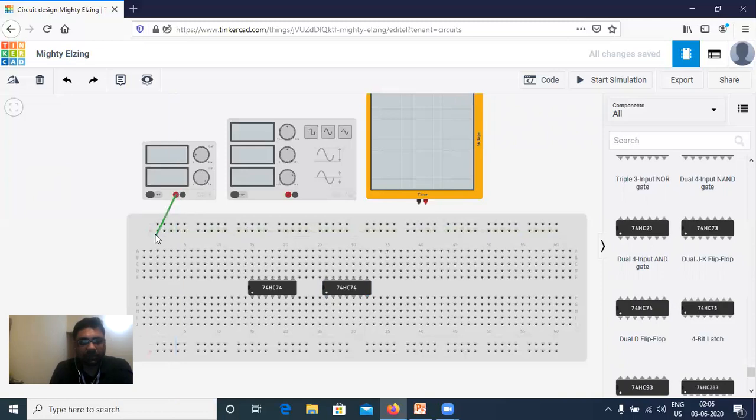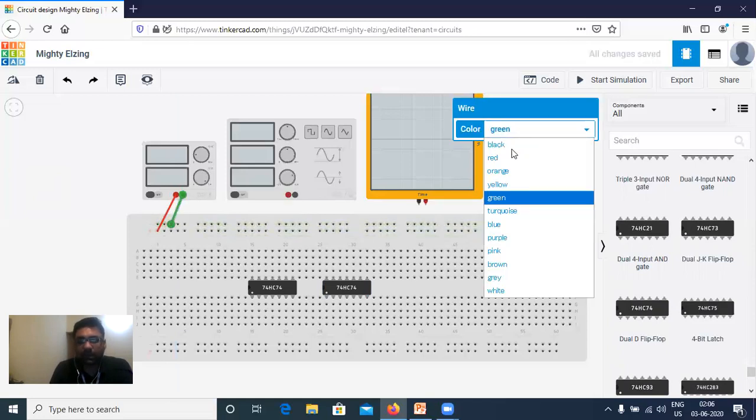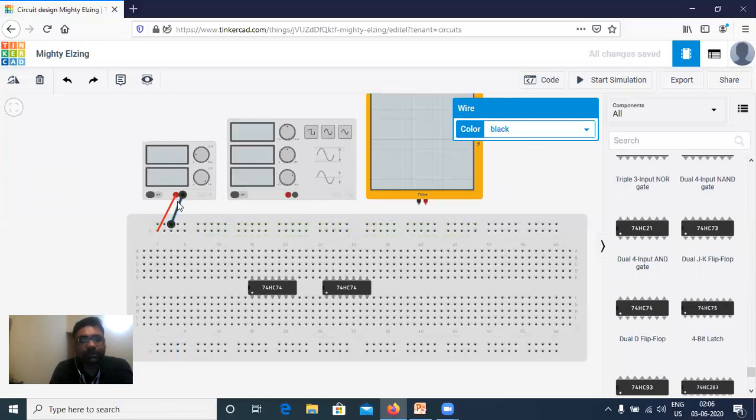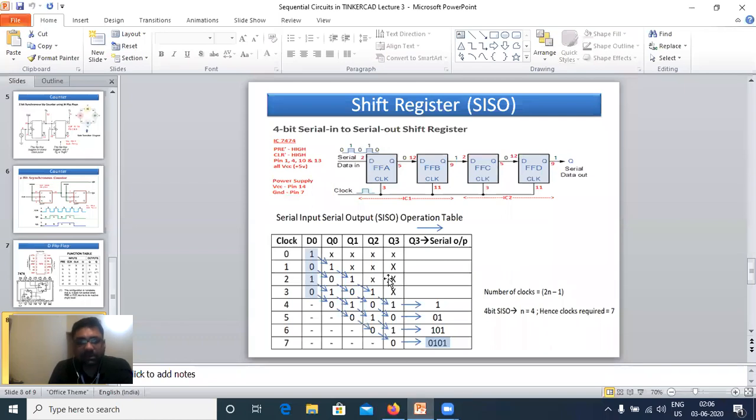Let me do the power supply here. Plus 5 here, black. So the power supply I have. What is the power supply requirement for this particular IC? As you can see, VCC is 14 and ground is 7 as usual.